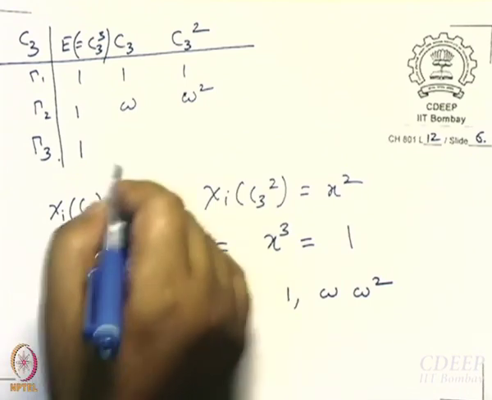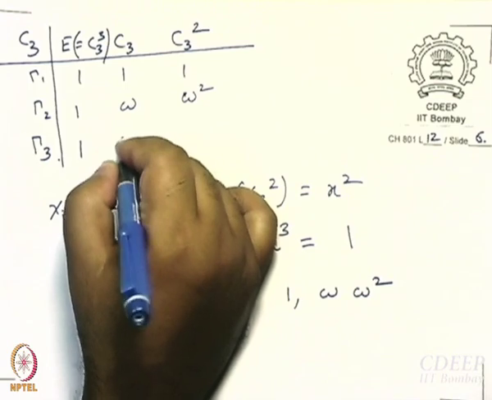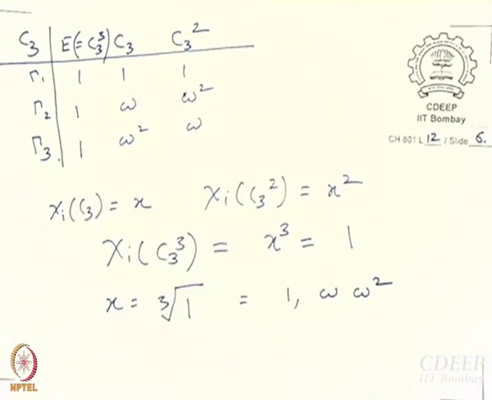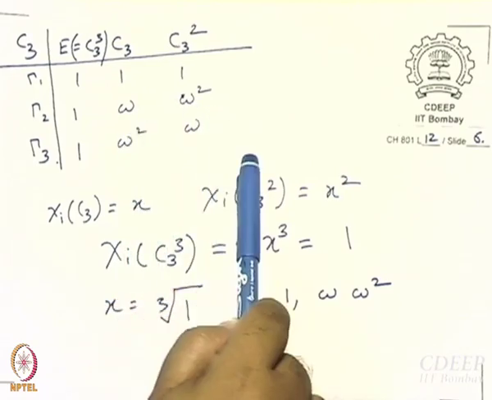What will this be? And what is omega star? Omega square. So, I can also write 1, omega, omega star, 1, omega star, omega, and